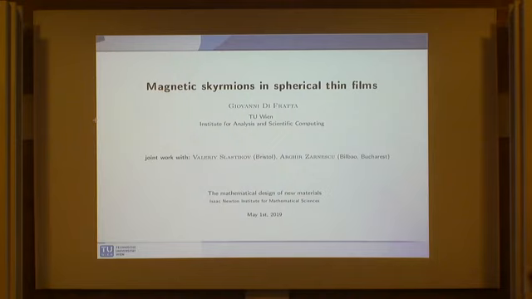This is a joint work with Valerii Kastikov on the Dzyaloshinskii-Moriya interaction. Before going to the specific result, I will introduce the model and try to give an overview of micromagnetic theory, from the 3D bulk model to the 2D film with curvature. Then we focus on the case of the sphere, and on that geometry we give some results about the existence of magnetic skyrmions. But let's take it in order.